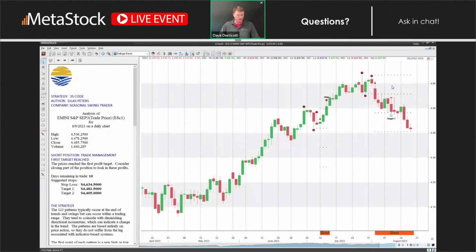So this would be a good idea too if I had, maybe, 30 lots on here or 30 contracts, maybe drop it down to 15 and then wait for the second profit target to be hit. And like I said, what's really nice is it gives you clear buy and sell entry points. This is on a daily chart. If you're an intraday trader, then we can switch it over to, let's go into maybe 30 minutes.